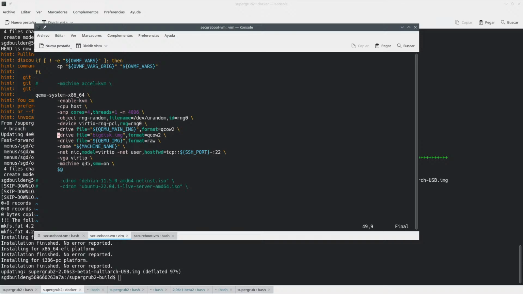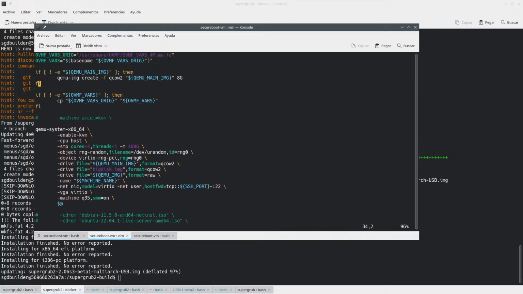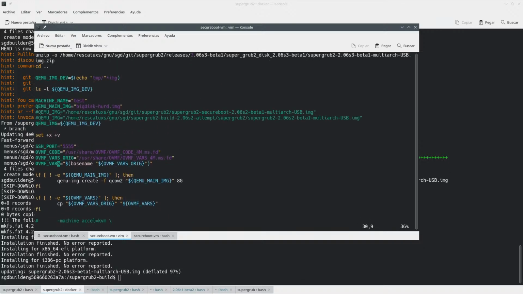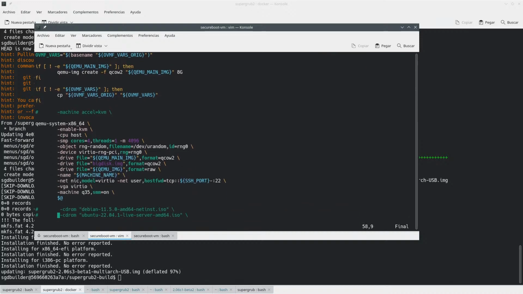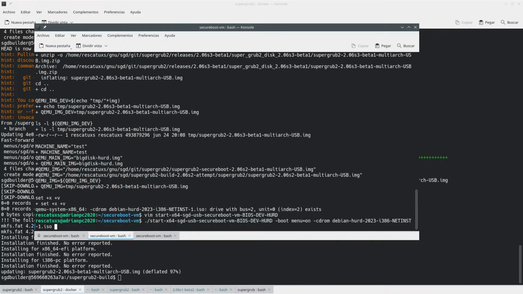Maybe it's this second hard disk, so here we have like 3. Why are you telling me that I cannot have a CD-ROM in addition to 3 hard disks? Because it's too much? Or drive with bus 2 unit 0 index 2 exists.